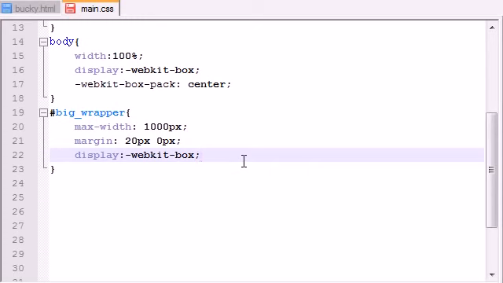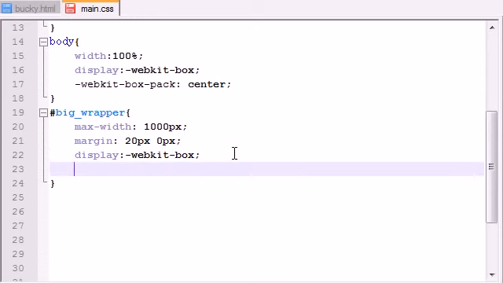What we're doing is basically saying, okay, this is a box. Now, the WebKit part is basically part of Google Chrome, so don't worry about that. Just concentrate on display box. We're going to say, okay, this is a box and it can change in size. And it also has children in it. In other words, it also has different elements in it that can also change in size. So now that we tell it that, we can go ahead and change some properties of it. The first is WebKit box